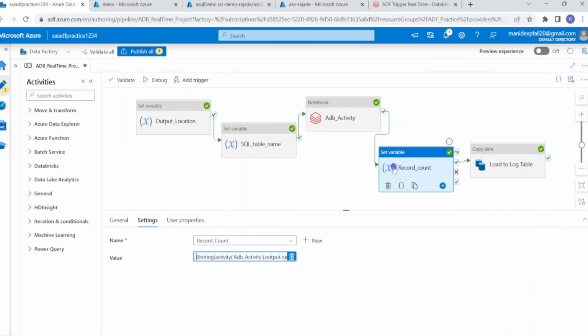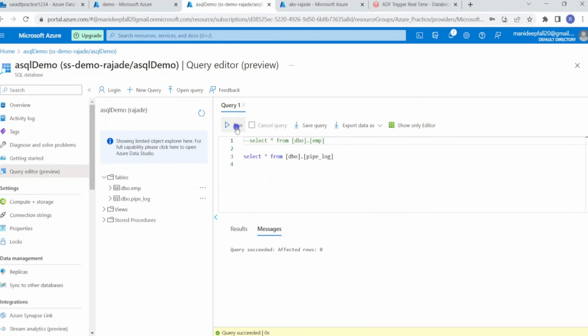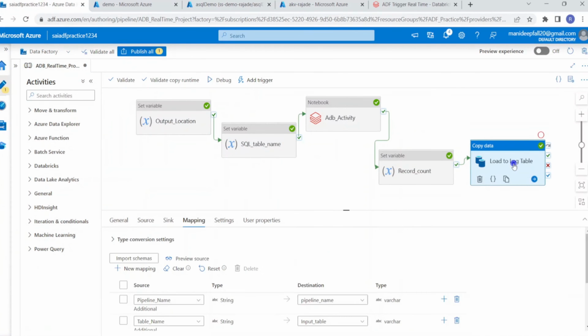Then finally I have to write this information into my log table. So my log table is this one, pipe underscore log. Let me run. Currently we don't have any record. Number of records affected 0. We don't have anything. So basically in this copy activity, what I'm doing is, I have created a